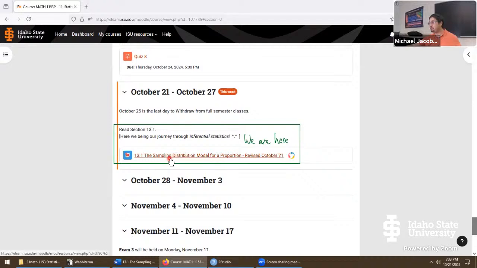With where we're at in chapter 13, we're again connecting probability with what we're about to do with inferential statistics. 13.1 starts off kind of rough. It's not as bad as it seems, but what makes it rough is it's a lot of conceptual questions. In fact, some of the questions are a little tricky, so I actually wrote out a cheat sheet for one of them, just to make sure that, if I forget, we write it down correctly to help with the homework. So let's give this section a try.